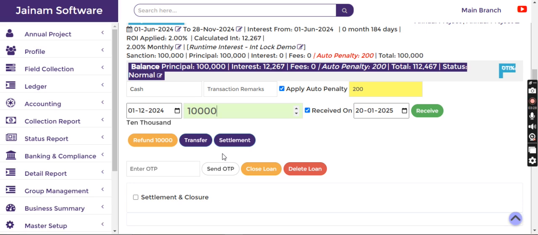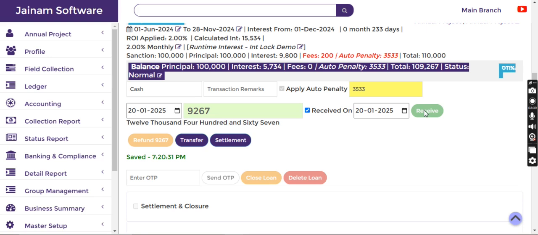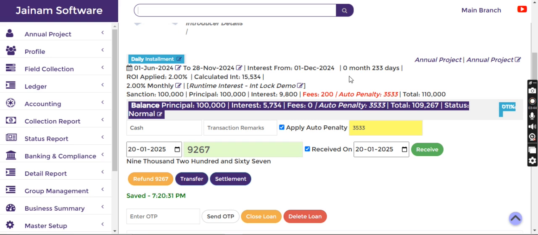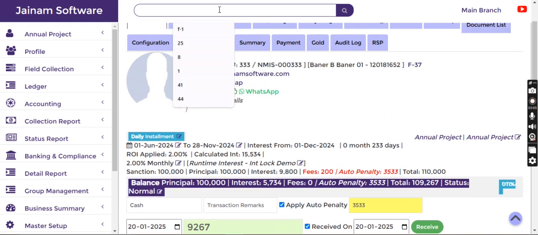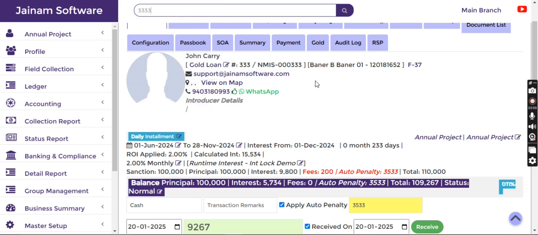That means the customer paid 10,000, so I'm receiving 10,000 as on 1/12/24, and I click receive. When I receive this, the customer has definitely paid less than the calculated interest. Hence, whatever rate of interest was applied at that time is showing here. So let me search this loan again. The loan number is 333,